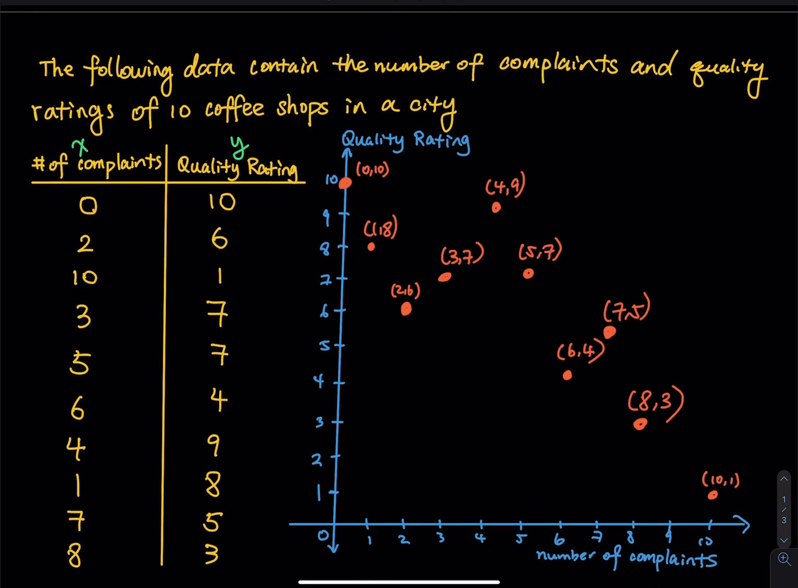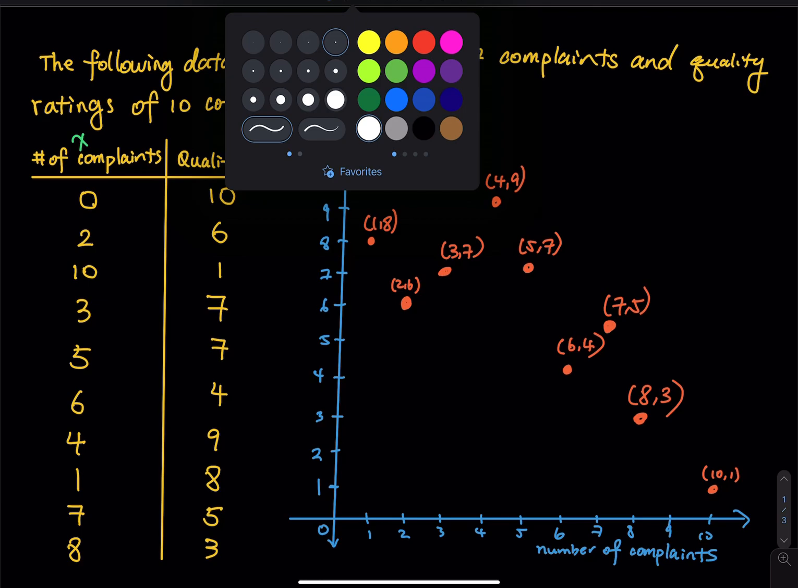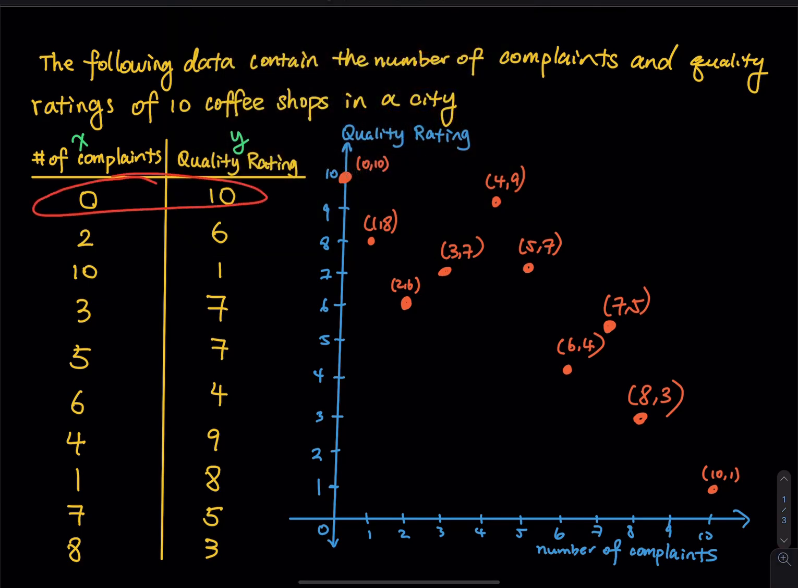10 coffee shops, so we have 10 dots, right? That means we have 10 pairs of data. So the first pair of data is right over here. That means the first coffee shop has 0 complaints and the quality is 10, so pretty high quality compared